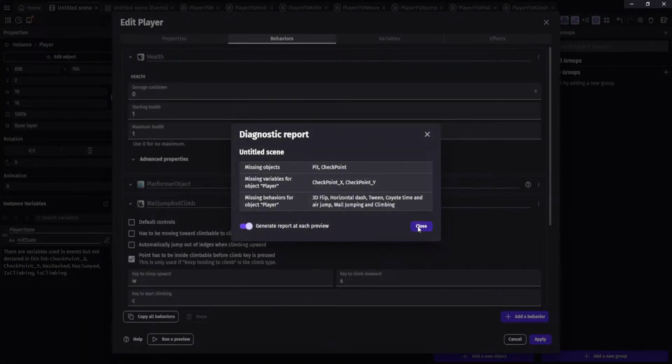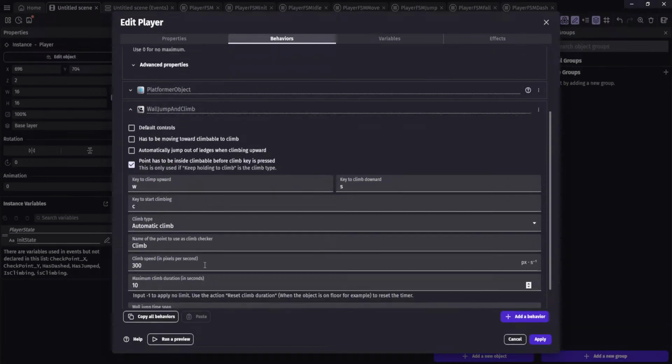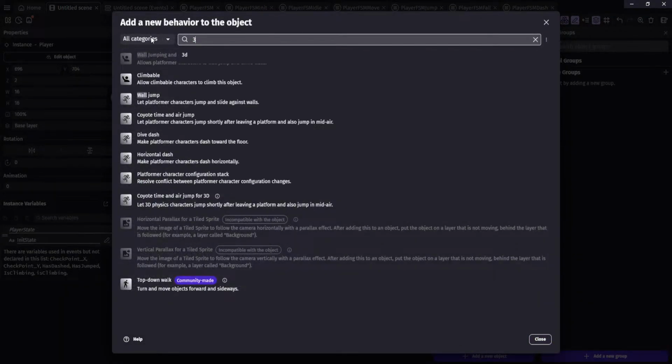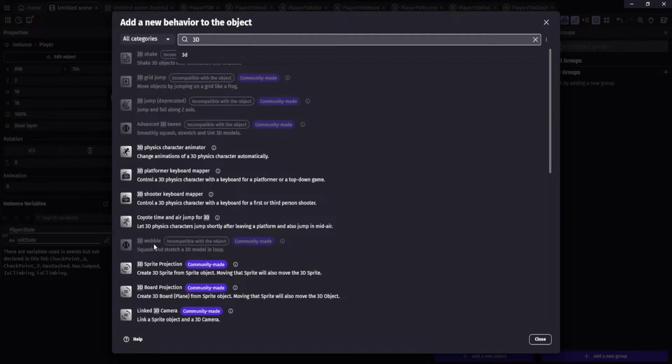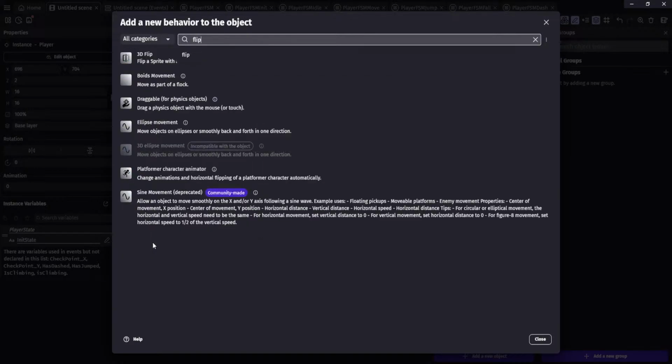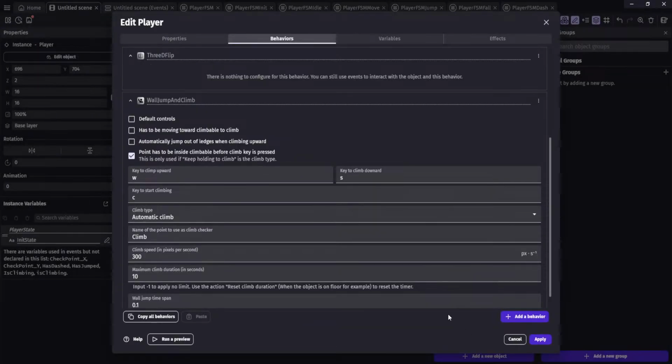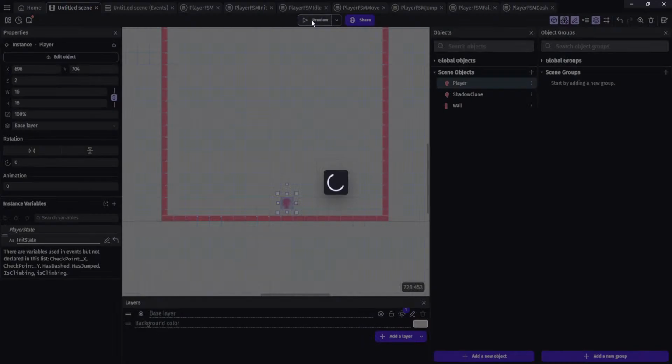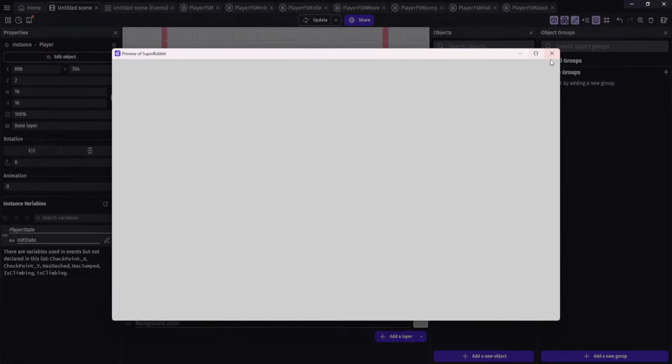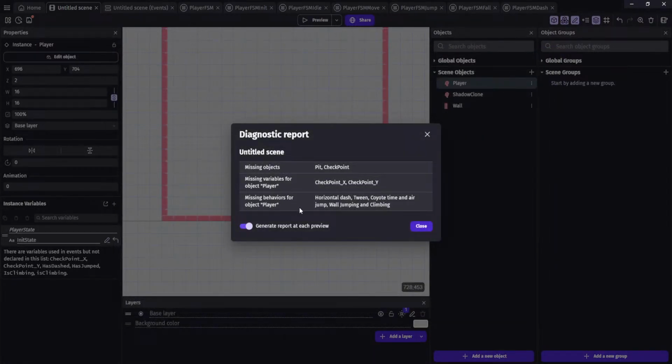add behavior 3D. We want that 3D flip. Maybe if I just add flip, it'll work better. Yeah, flip, 3D flip. Cool. 3D flip allows us to do this really cool Paper Mario like front and back thing. We now need to